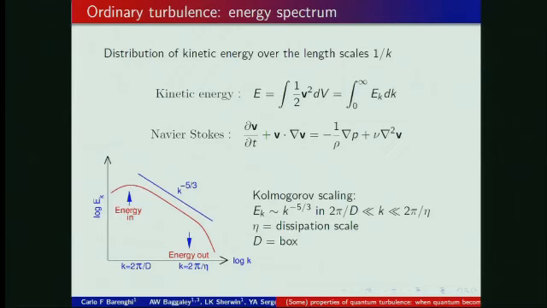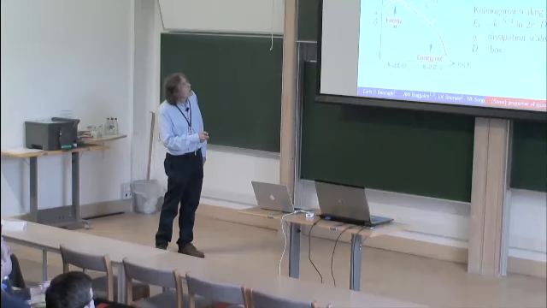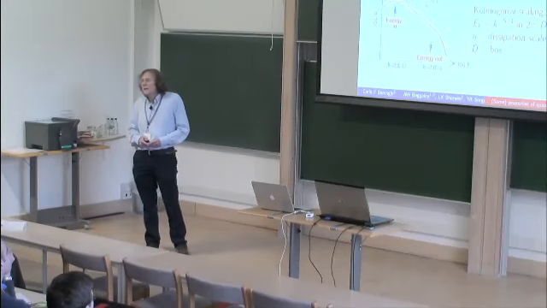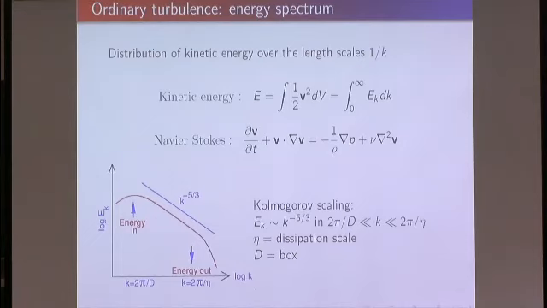So we know that this distribution is the following. We can take the total kinetic energy by integrating the velocity field. We Fourier transform the velocity field, and this distribution in k space is the energy spectrum. So in steady turbulence, it looks like this, plotted log-log. There is quite a large region in k space where the distribution of kinetic energy follows k to the minus 5/3. That is the famous Kolmogorov scaling,